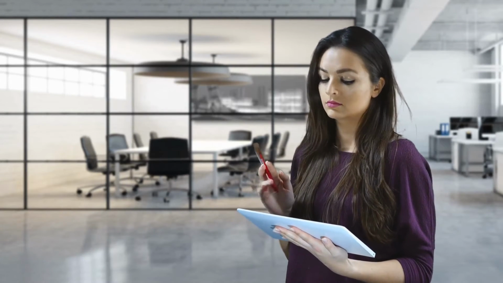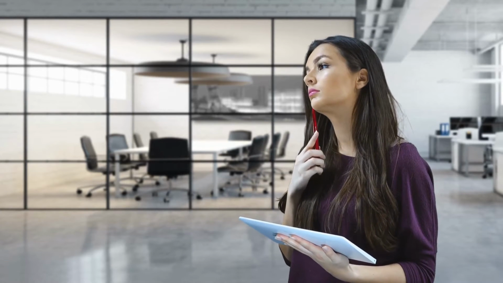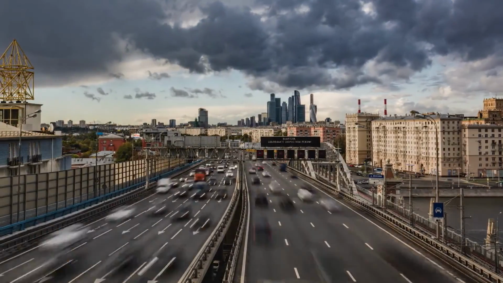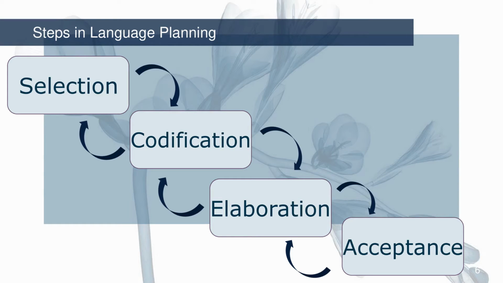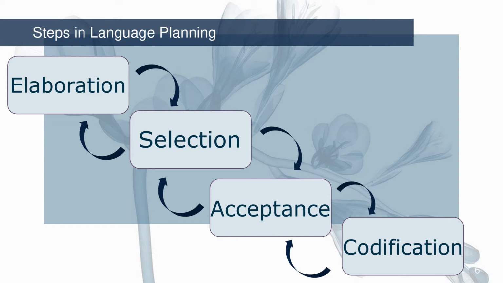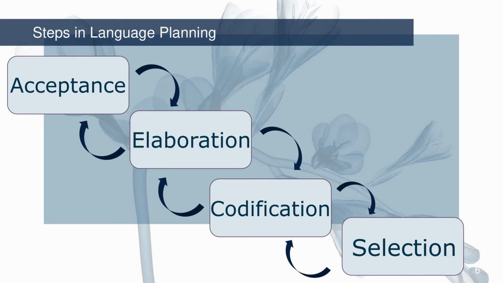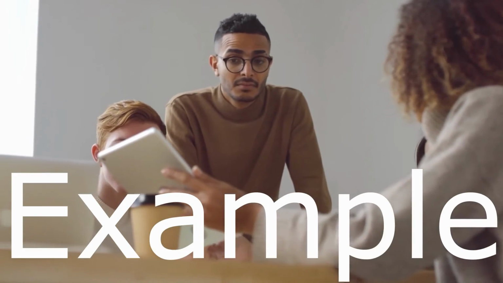Despite how it seems like a fixed process, it is in fact not. These steps can take form in many ways due to different factors in each country or domain. The steps are interchangeable and whichever can come before another depending on the situation during the language planning process. To understand this better, let's take a look at an example.